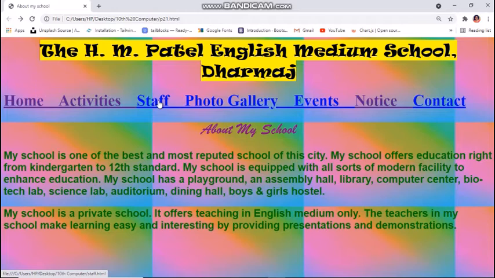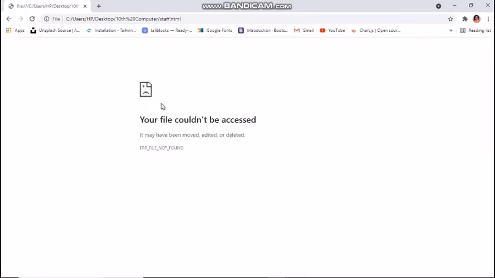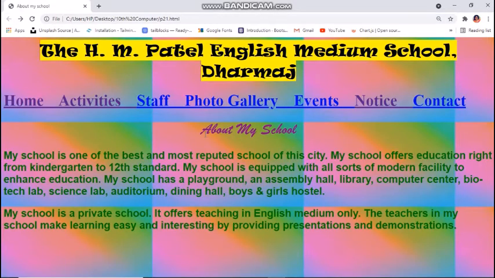And when I click on them, the link becomes red. An active link is underlined and of red color. See, like this. Here, when I clicked on staff, it doesn't show anything because they are left to be linked. Now back again. Now let us view the HTML code for this home page.